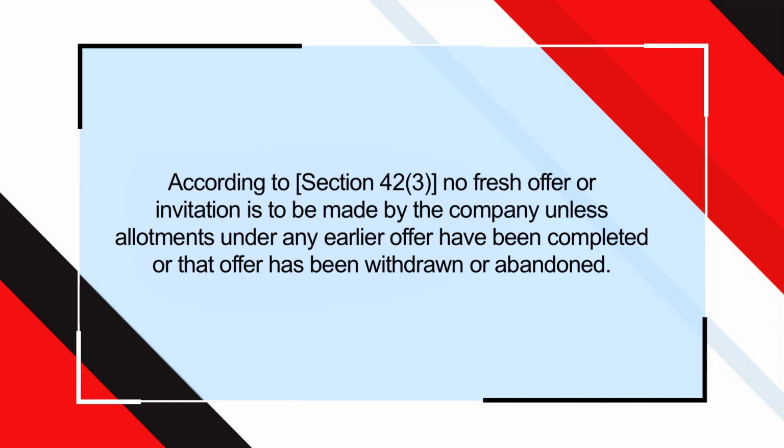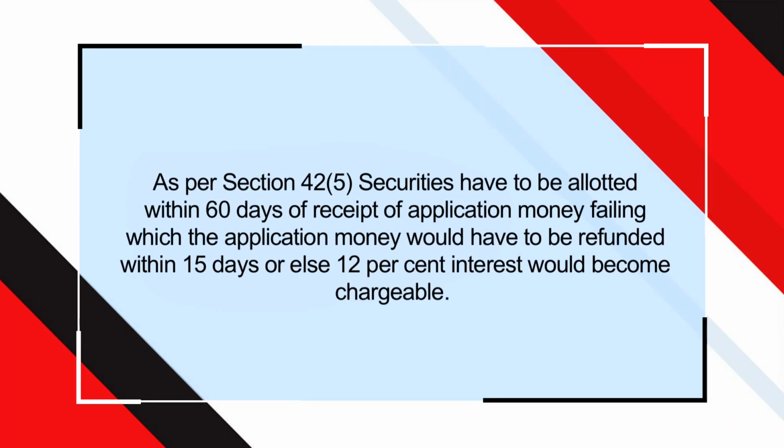According to Section 42, Clause 3, no fresh offer or invitation is to be made by the company unless allotments made under any earlier offer have been completed or that offer has been withdrawn or abandoned. All monies payable towards subscription have to be paid through cheque or demand draft or other banking channels and not cash. As per Section 42, Clause 5, securities have to be allotted within 60 days of the receipt of application